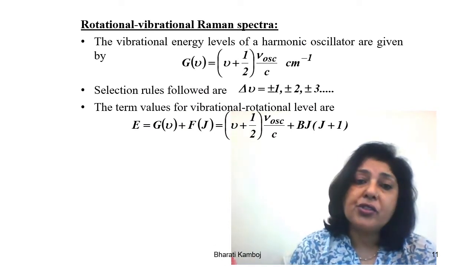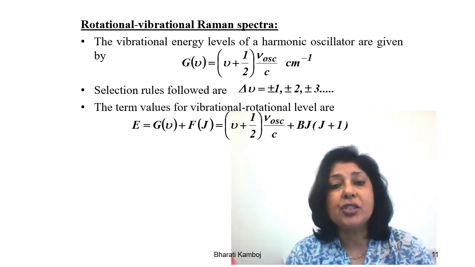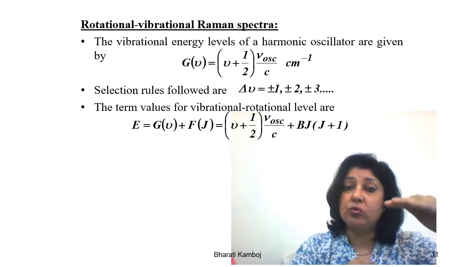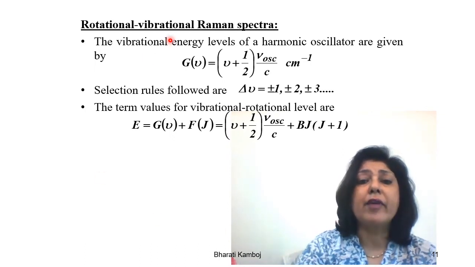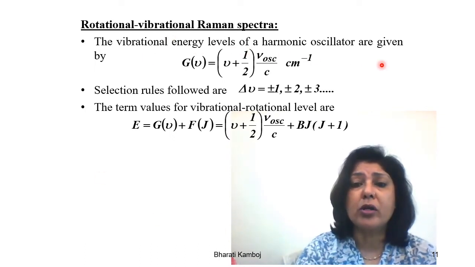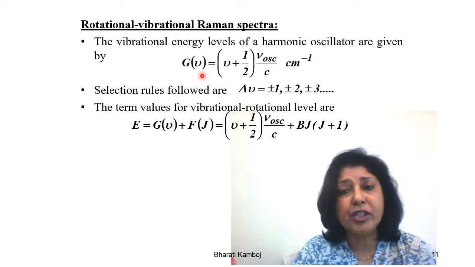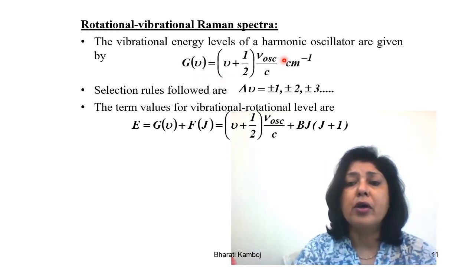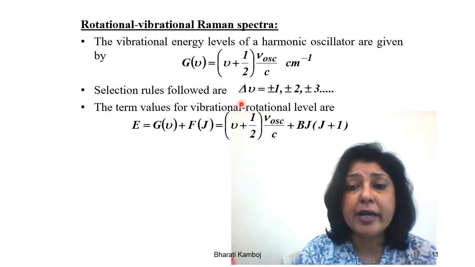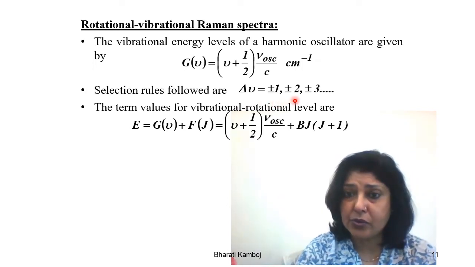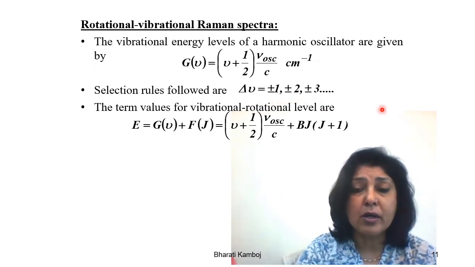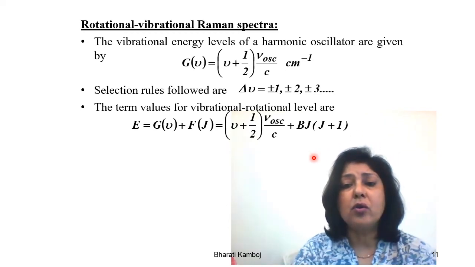Now if the transition is between such energy levels which correspond to two different vibrational energy levels, then the vibrational energy levels of a harmonic oscillator are given by G(nu) equal to (nu plus half) nu oscillations by C centimeter inverse. This is the term value, and the selection rules followed here are delta nu is equal to plus minus 1, plus minus 2, plus minus 3 and so on,